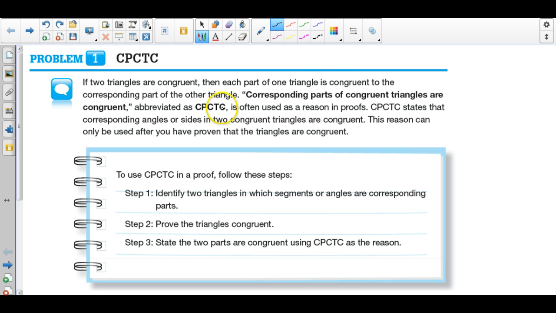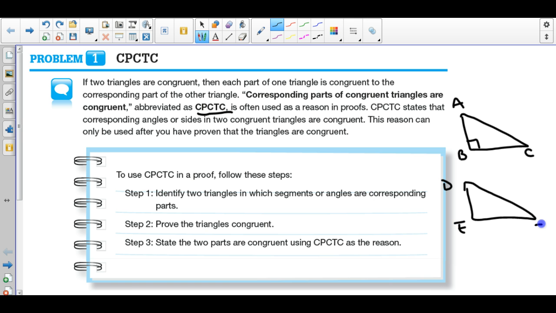So the first thing I'm going to do is talk about what corresponding parts of congruent triangles being congruent means. We use this abbreviation CPCTC because it's an insanely shorter way of saying this whole part that's bolded right here. What it basically means is that if I have two triangles that are congruent, I'm going to call this one A, this one B, and this one C, and I'll be really original and call this one D, E, and F. So if I tell you right away that triangle ABC is congruent to triangle DEF,